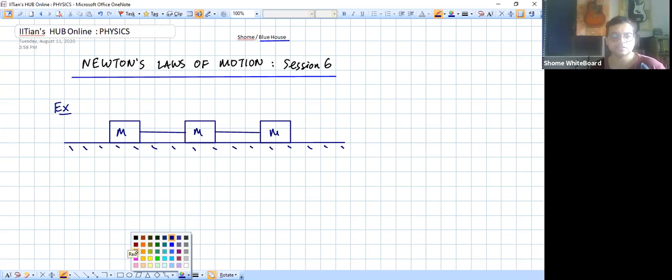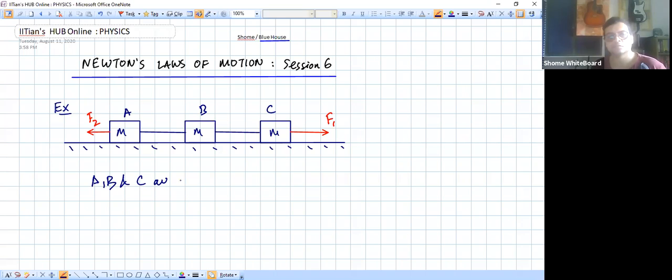There are, let's say, 2 external forces which are acting. All 3 of them are identical in mass, but we have 2 different amounts of external forces acting like this. Okay. So this force is F1, this force is F2. And let's say these blocks are labeled A, B, and C. So the proper language of a question like this will be something like this: A, B, and C are 3 blocks of identical mass